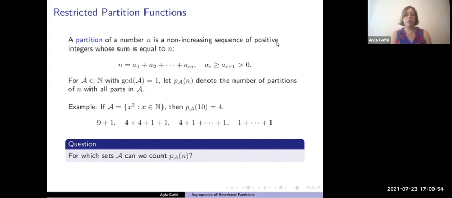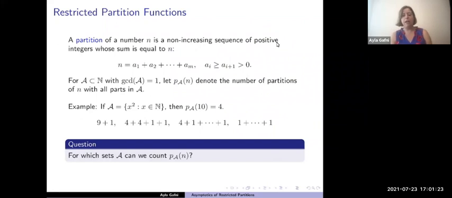from A. So for example, we could take A to be the set of squares. And then if I wanted to partition 10 into perfect squares, there would be 4 ways to do that, as seen here. And so that means that PA of 10 would be 4. And what I want to know is, for which sets A can I find asymptotics for PA of n? What do I need to know arithmetically, analytically about the set A in order to study the asymptotics of PA